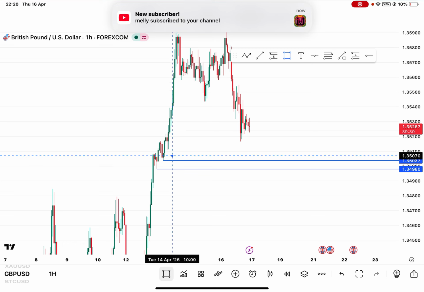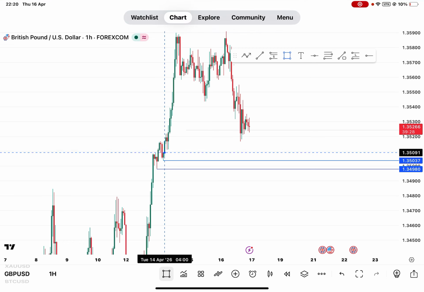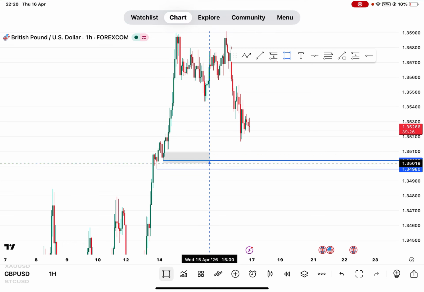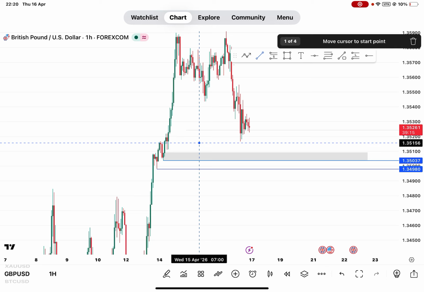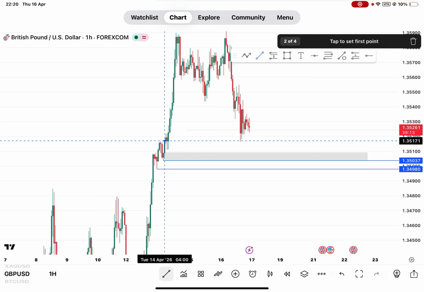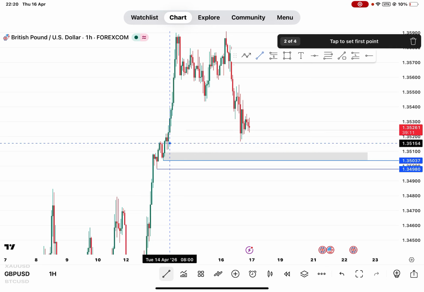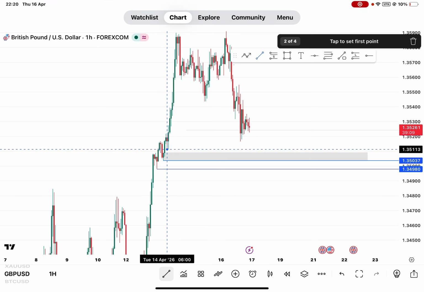So now, this was the low that swept liquidity, and we can see this demand zone over here. So we have this demand zone, and as usual, the pullback immediately after the market sweeps liquidity is called the what? It's called the inducement. You can see that immediately the market went up, the market made this pullback, which is the inducement.